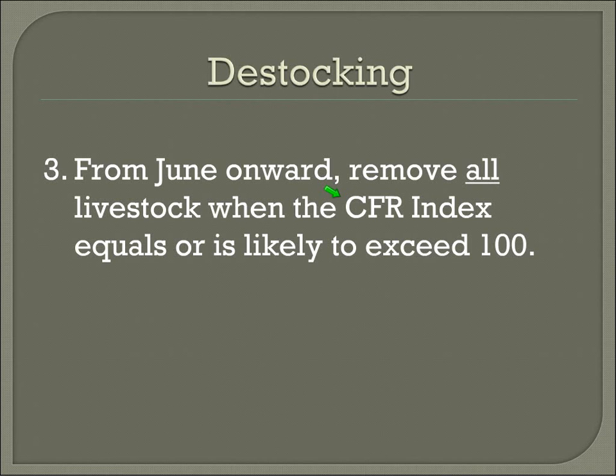And that's not surprising. In this particular example, in the western panhandle of Nebraska in 2012, we only got about half of the plant year precipitation compared to the long-term average. But the point is, when they're likely to exceed 100, well, let's take a look at the CFR index, and we can see that the index itself goes from 38 all the way to 102 by the end of June. And there would be some forecast, some warning there when you take a look at the